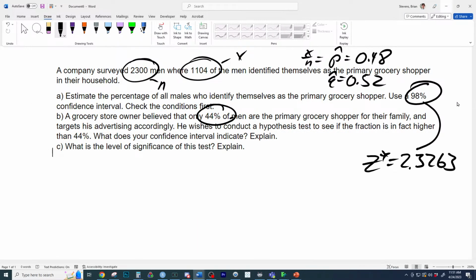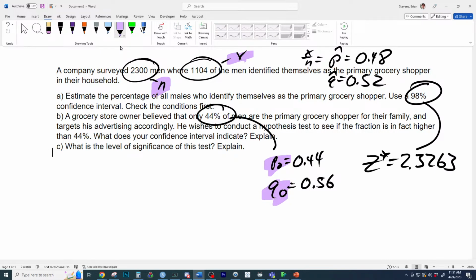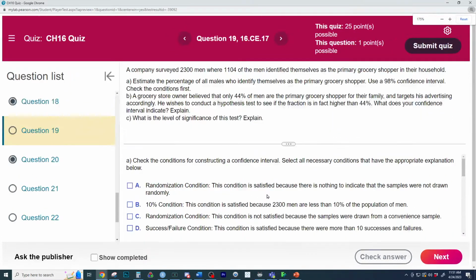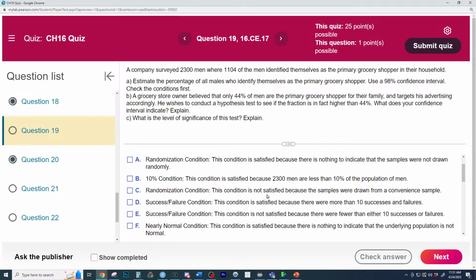Next, we can go right here, and this is going to be P naught. If we were to use it in the problem, it's the hypothesized proportion, and this is Q naught right here. So there is, I think, all the notation. As I said, we have 1, 2, 3, 4, 5, 6, 7 things right there. 7 different things can be deduced from this problem automatically with the notation they give. So there we are, we're good to go. And that kind of leads into what they're asking right here on checking the conditions, because we always have to do random.